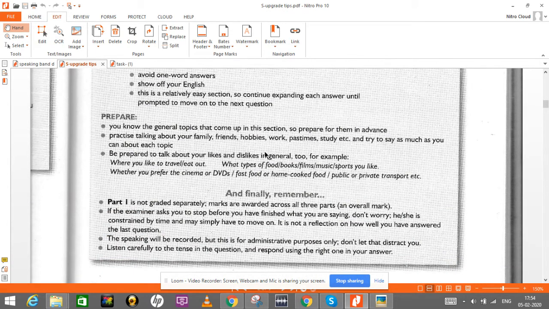Now, in terms of preparation, you can prepare general topics, and you should be watching news regularly. You should be reading newspapers regularly, and in terms of practicing, you can practice while recording the answers on your mobile phone, or recording a video session of yourself, so that you look presentable and you understand your tongue and your expressions are matching what you're saying.